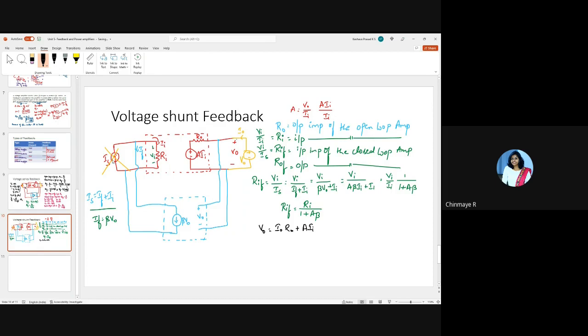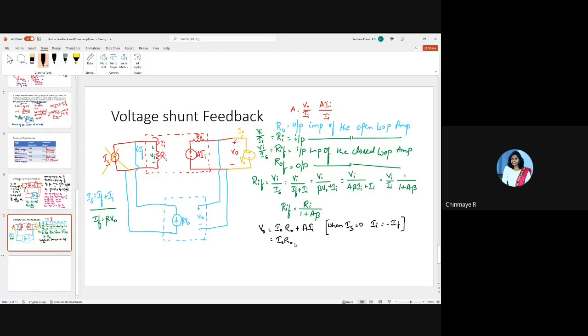You have open circuited Is, which means you have made Is 0. So when Is is 0, I can write Ii is equal to minus If. Therefore, I can write